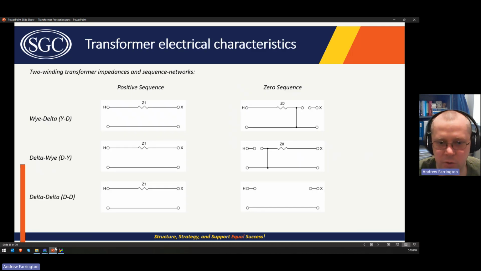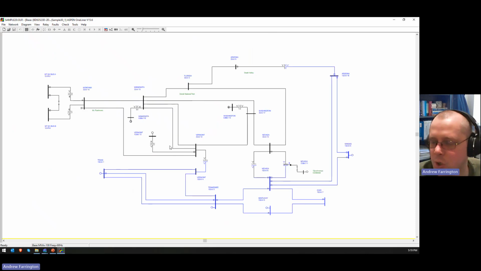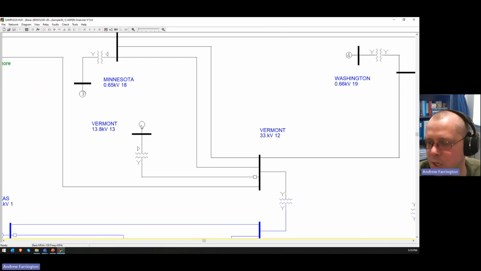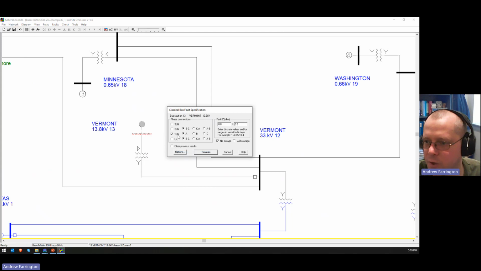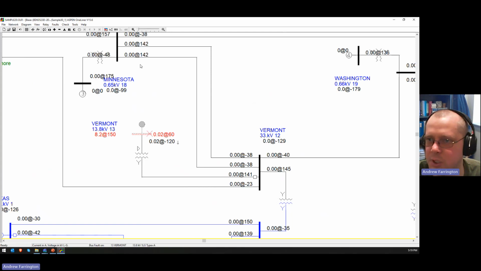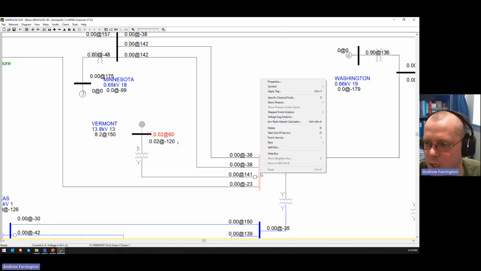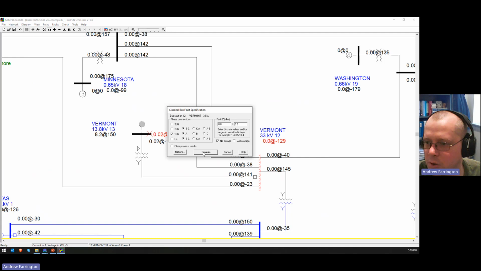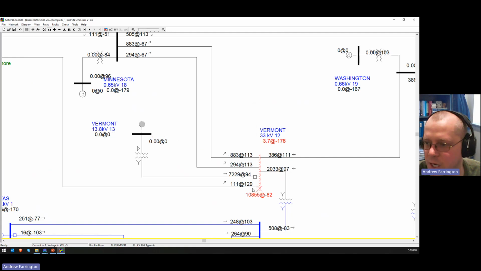And then I'll demonstrate that in Aspen OneLiner really quickly. So if we have, let's say, this delta Y transformer here, and we have a single line to ground fault on the low side of the transformer, you can see this is looking at the zero sequence current. There's essentially no zero sequence current coming out of the delta, right? If we put a single line to ground fault on the high side, you can see that there's actually